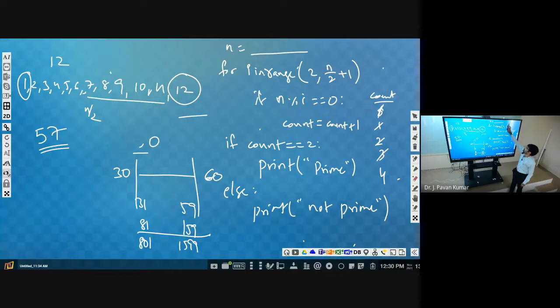But you should not write it like this. How do we write it? n by 2 plus 1 is n plus 2 by 2.